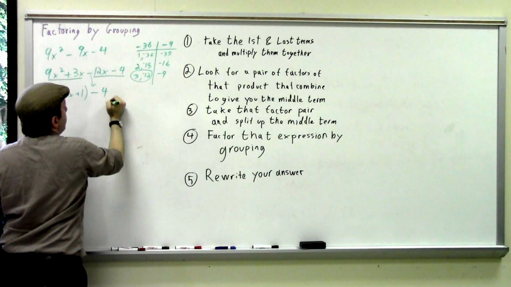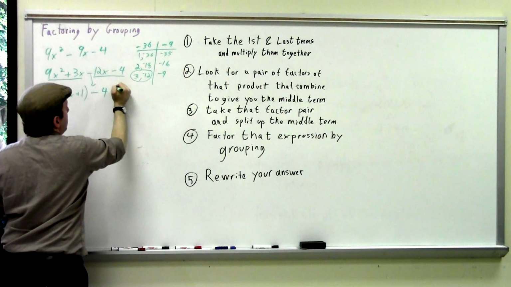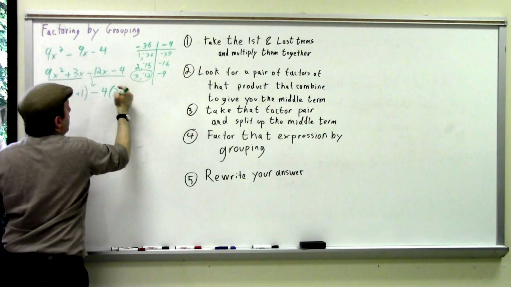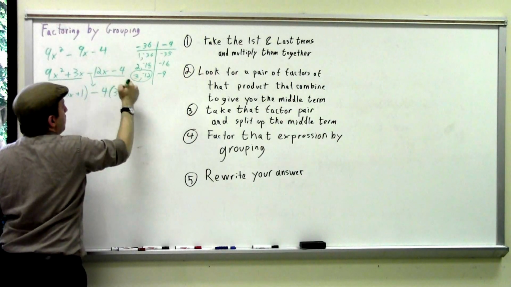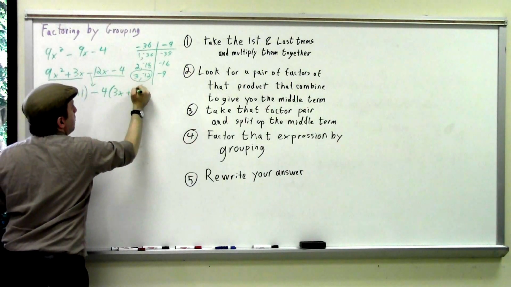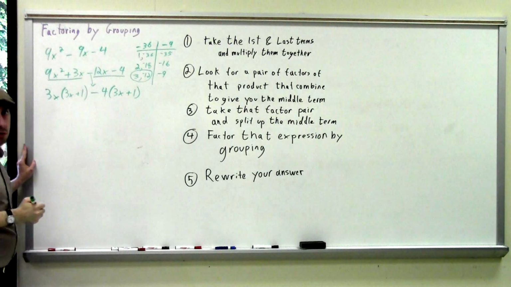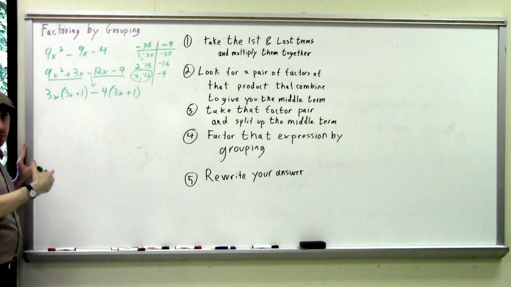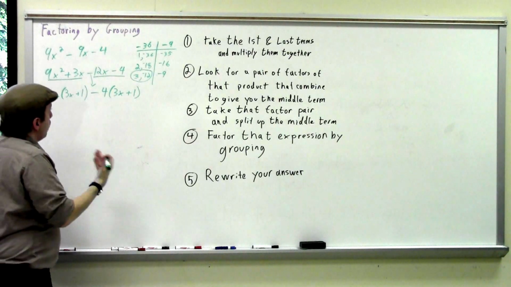So I'm going to factor out -4. And what's going to be left behind is a 3x, and when I factor out -4 from -4, I end up with a plus 1. Okay, that negative sign is going to change our parity. It's going to change the sign on that guy. And what we have left,